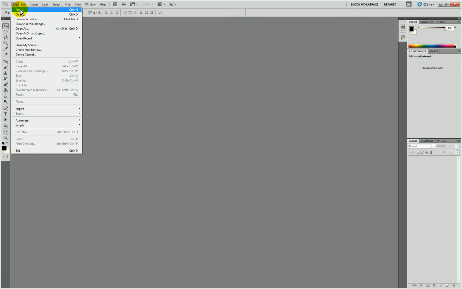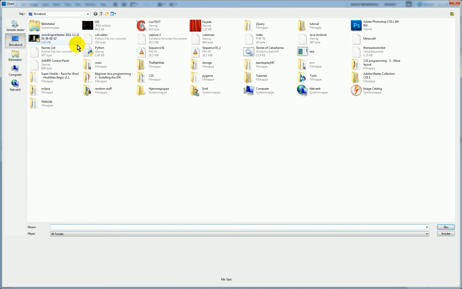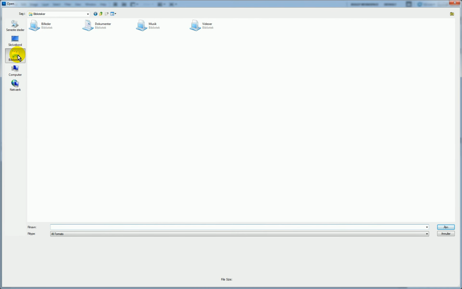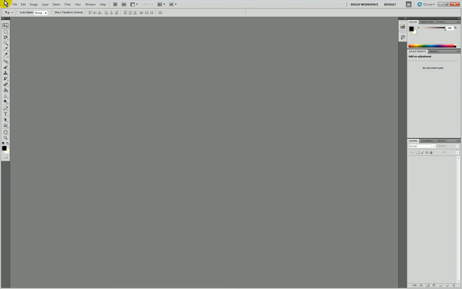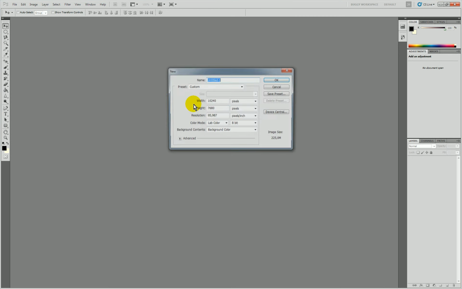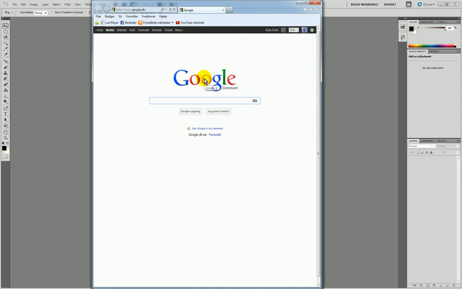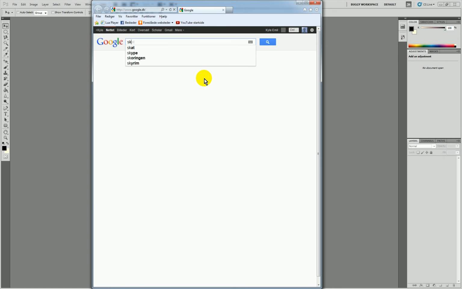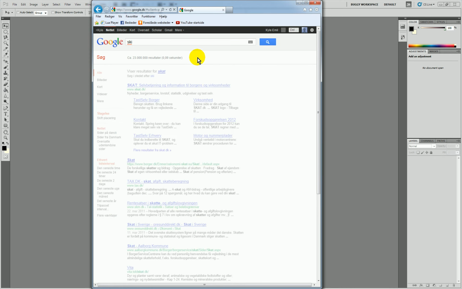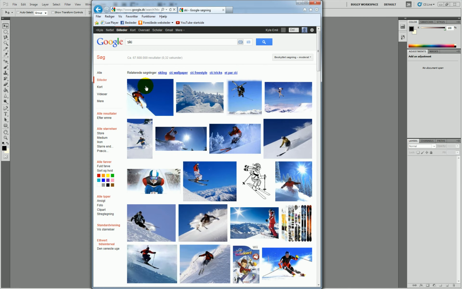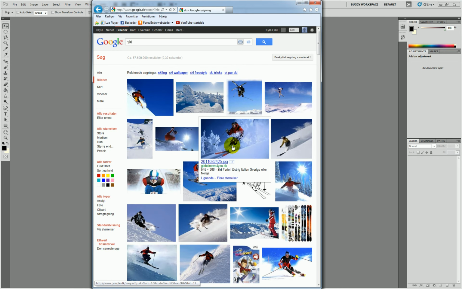So you have a few options. You can open a picture or go ahead and choose a new one. Now opening a picture is most useful, while creating a new picture is something we are not going to be doing in this tutorial. So I'm gonna go to Google basically and go find an example. I'm just gonna type in sky and then go to pictures and see if we find anything nice here.